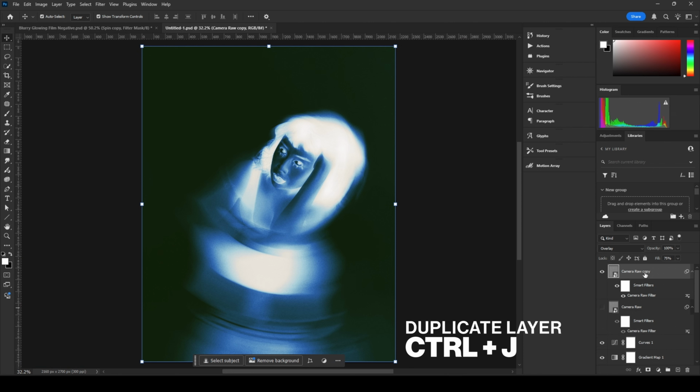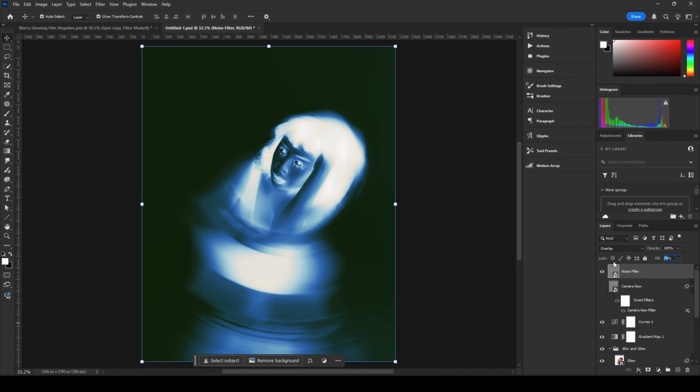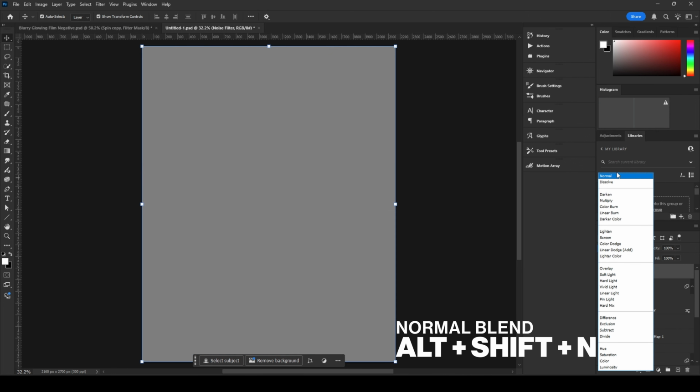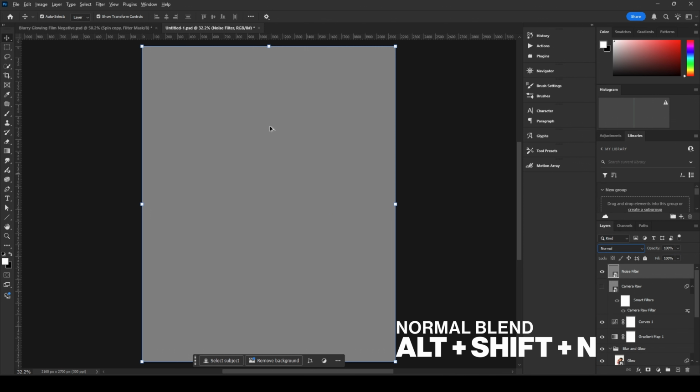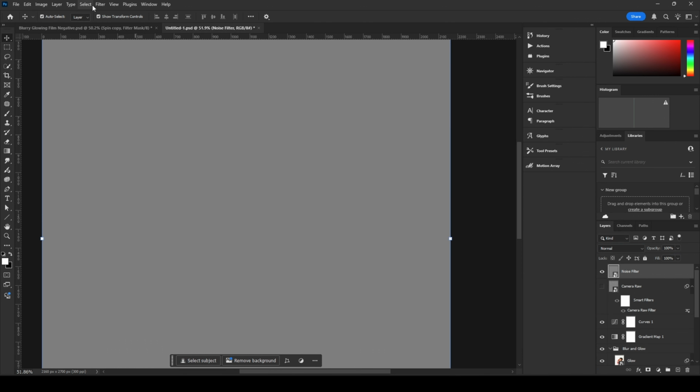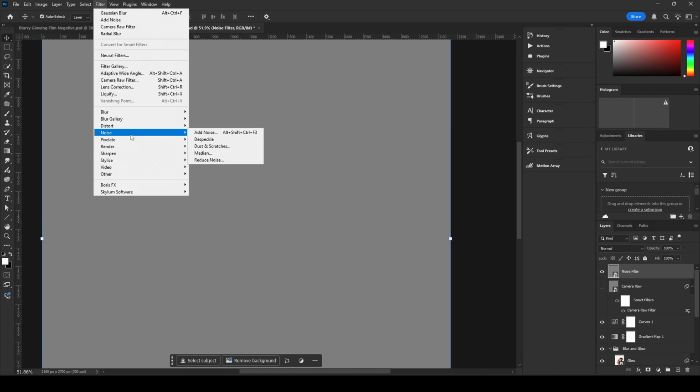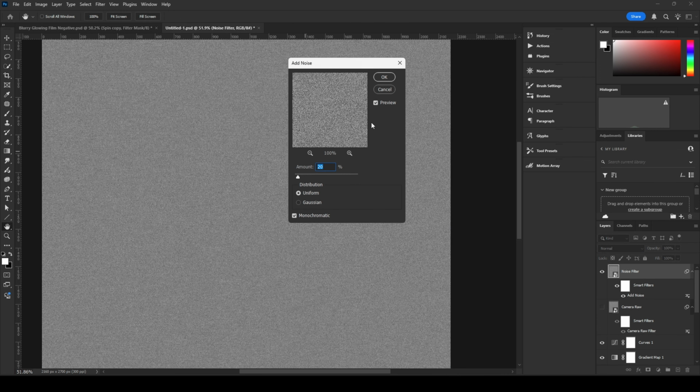I'm going to hide the one underneath, rename this to noise filter, and delete the camera raw filter by right clicking on the smart filter and choosing delete smart filter. I'm going to reset the fill percentage to 100% and change the blend mode back to normal. Now I'm going up to filter, down to noise, add noise, and we're given a few